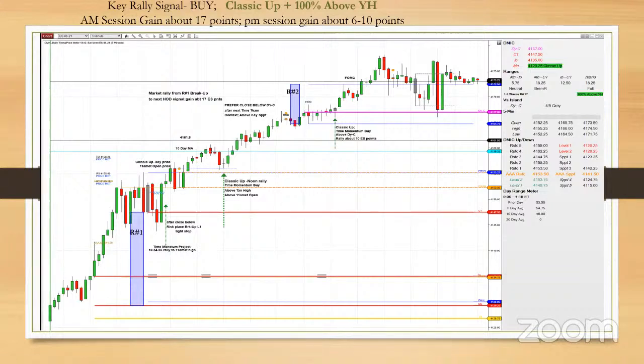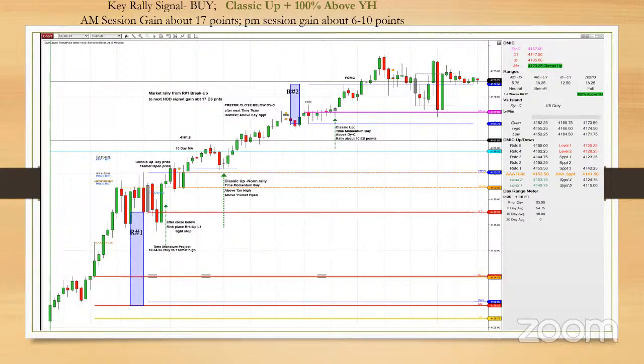This projection with the green highlights in the panel carries weight, and it is shown on the panel at 10:30 a.m. Eastern time. Regardless, we always check the time teams to be sure we're in balance. Time momentum in classic up projects a buy order after the first 25 minutes, placed above R1 high with this